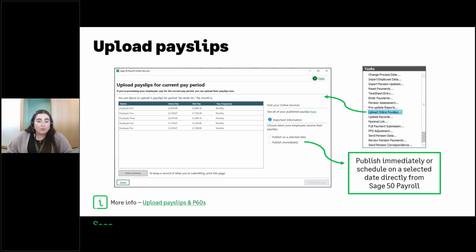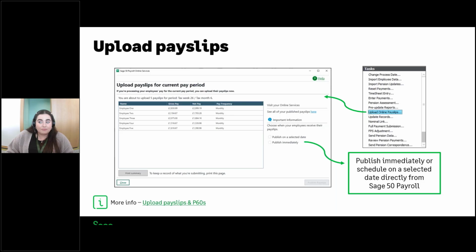So we'll start with uploading the payslips, and this has its own step in the payroll process. So in the step, as you can see on the screenshot, it'll display the names of the employees who are set up for online payslips, and this doesn't have to be everyone. So you could actually test it and set it up for a few employees first of all, just to see how it goes, get an idea of how everything works, and then you could set up the rest of your employees. So it's totally up to you and your employees who's set up for this, but again, it doesn't have